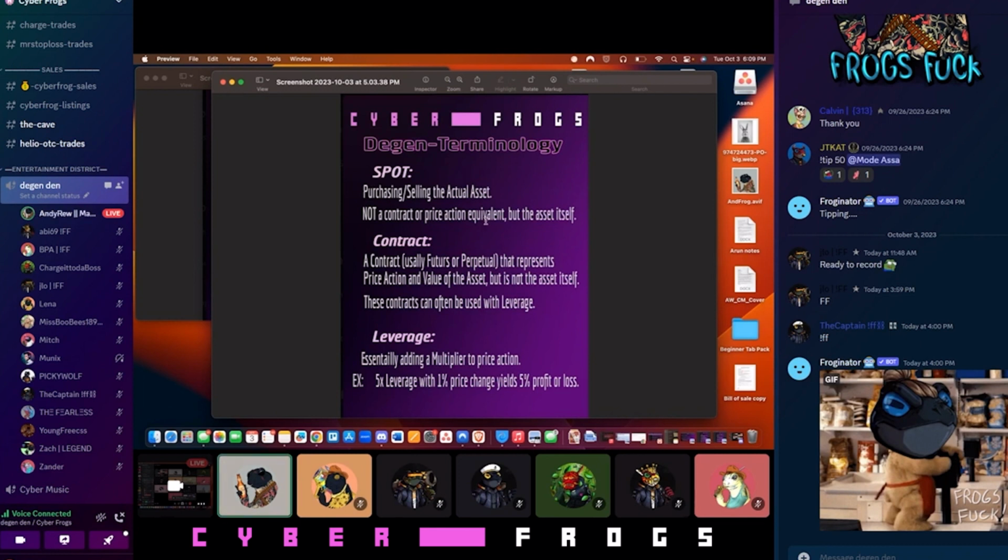Because I'm so busy doing CyberFrog stuff and building in the background, I don't have a ton of time to be in riskier trades. So spot is a really great option for me because I can set it and forget it, and I take the biggest delta trades that we have and I go from there. I hope you guys took that Render call, which is currently up like 30% or something like that.